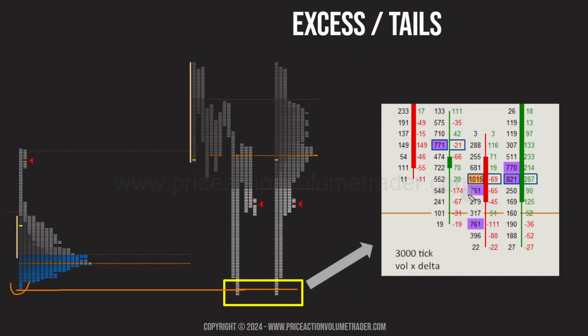And I took a screenshot of what the footprint looked like right here, and you can see how this purple highlight represents medium volumes, and this orange represents very high volumes. This is a volume by delta footprint chart. So on the right side, all the green numbers represent more aggressive buyers than sellers, and the red ones more aggressive sellers than buyers. And you can see how right at the bottom of this wick, we have this area right here,